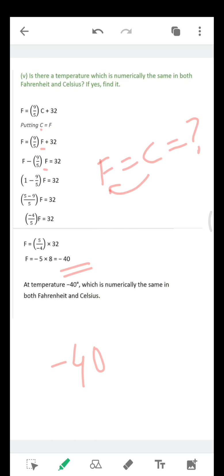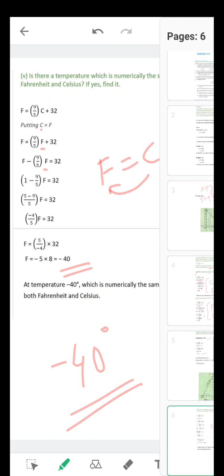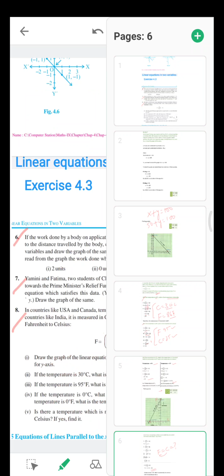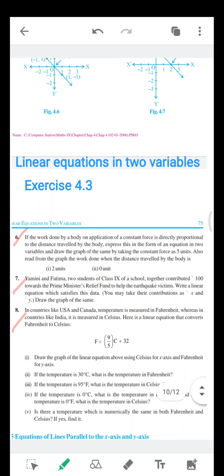Because at that temperature both the scales show the same reading. Isn't it amazing? They were showing different units for different temperatures, but there is one temperature, that is minus 40 degrees, at which they will show the same units. Okay, so this is all about exercise 4.3. Then we have a short exercise 4.4. With that, our chapter will